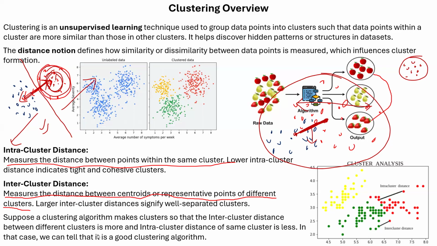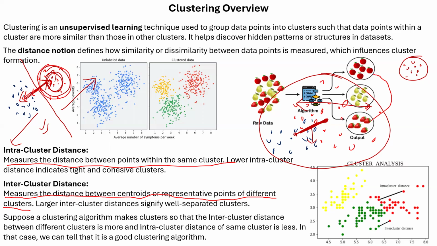Suppose a clustering algorithm makes clusters so that the inter-cluster distance between different clusters is more and the intra-cluster distance of the same cluster is less. In that case, we can tell that it is a good clustering algorithm. So any clustering algorithm is good when intra-cluster distance is reduced and inter-cluster distance is increased. That is all clustering algorithms will do, and this is an introduction